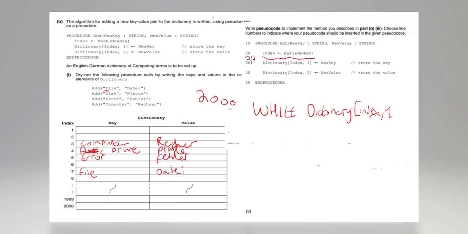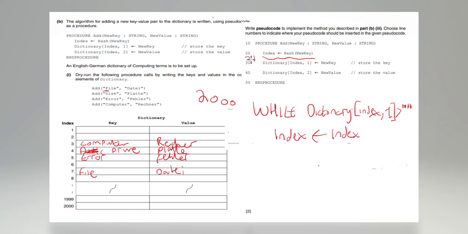So whilst the key is greater than empty, that basically is saying whilst we've got something inside of here. So whilst it's not empty, basically, we are going to increment our index equals